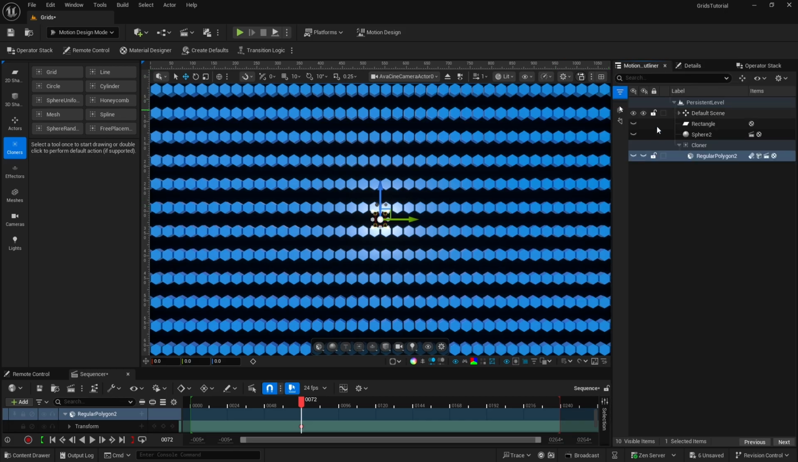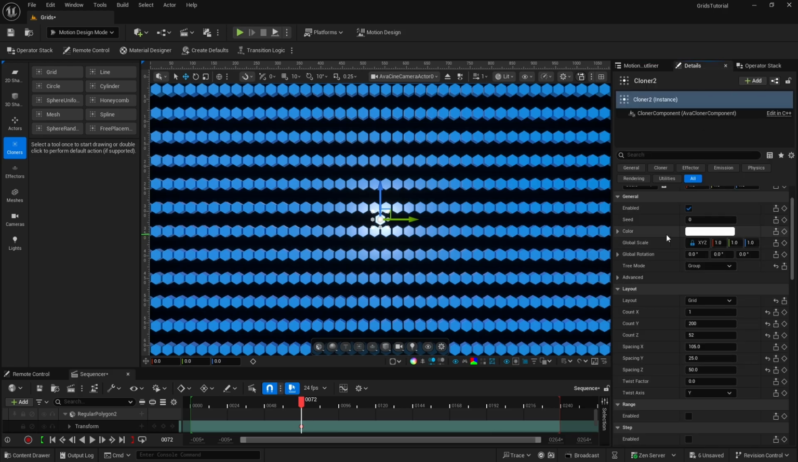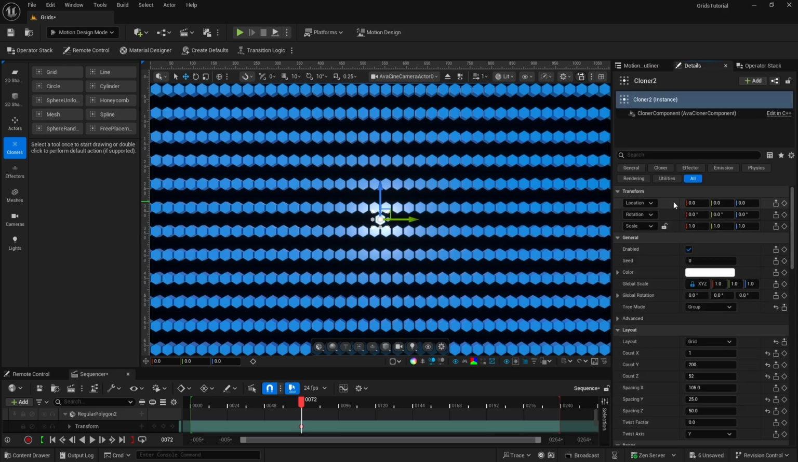To do that, all we're going to need to do is, since we have this first cloner set up, we'll just duplicate it and then move it slightly. So select it and then hit Control D. Go to that second cloner there. We'll go into the details, and we're going to need to go to the location for it and just make